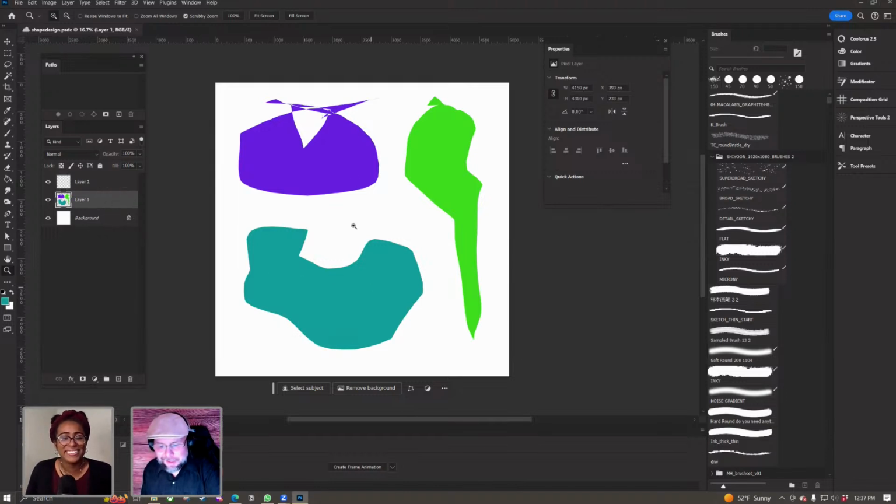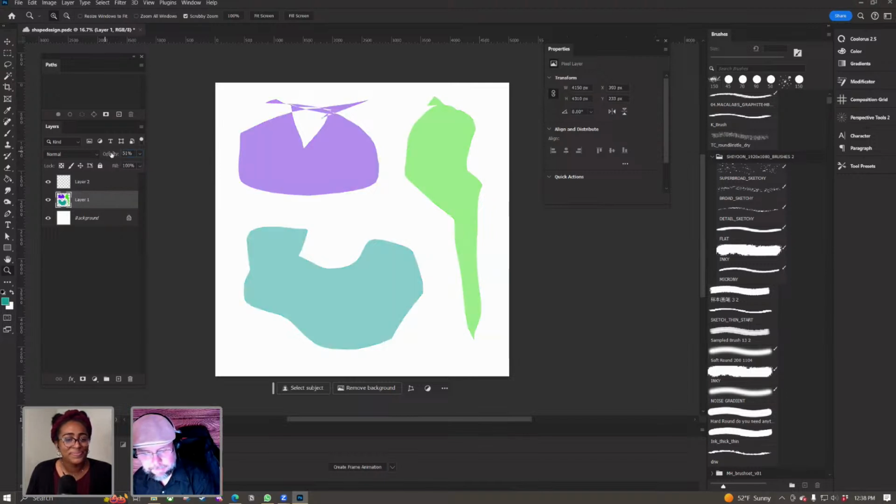So the first thing I would do is look at these shapes and say, well, what do these look like? This purple one has this triangle here, so it has more of a vampiric collar looking thing. And this one is sort of saggy, so it would maybe have more of a zombie feel to it. And this one has more of a ghosty feel, at least the way I'm looking at it. I'm going to lighten this layer up just a little bit and then go on the second layer, and with a heavy pen, I want to show what my brain is looking at.